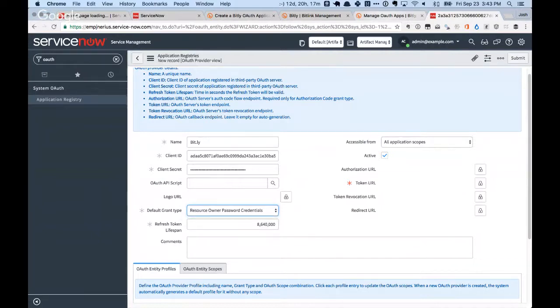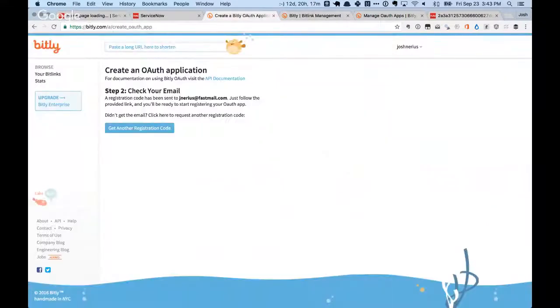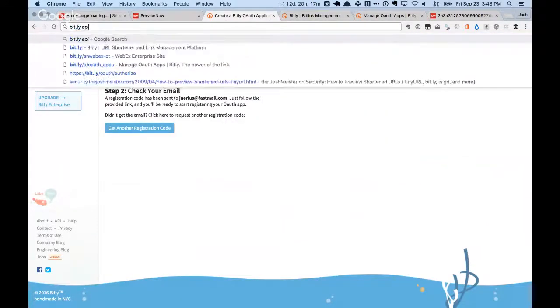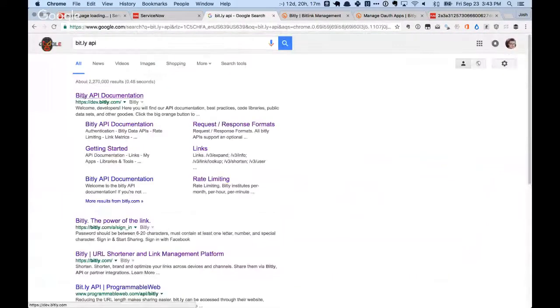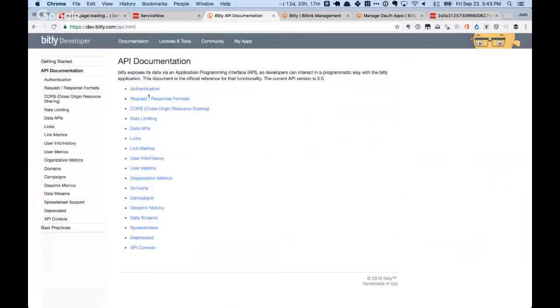I did a little reading ahead through the documentation, and I happen to know that they're using authorization code. I don't remember what these URLs are, though. So what I'm going to do is go back to our documentation. If I can, and that's a thing that you would have to look up, right? It wouldn't necessarily be obvious from looking at it. You would have to look, like for whoever you're integrating with, you would have to find out what it is